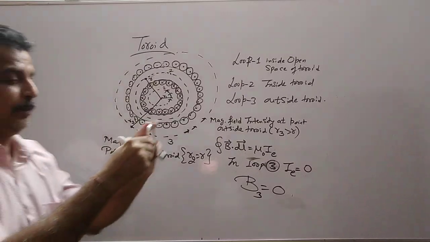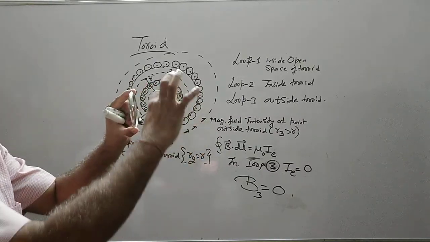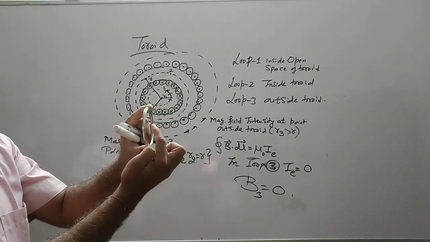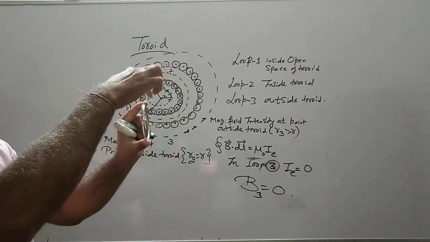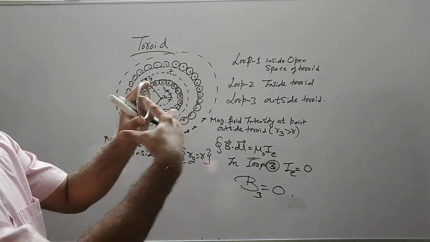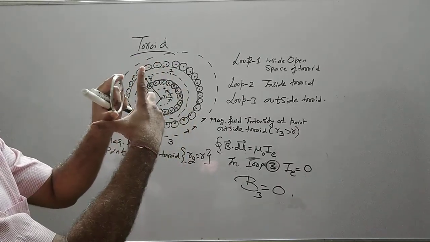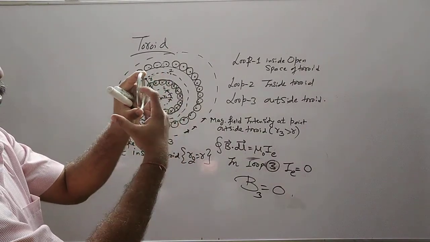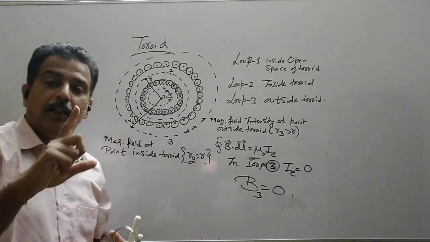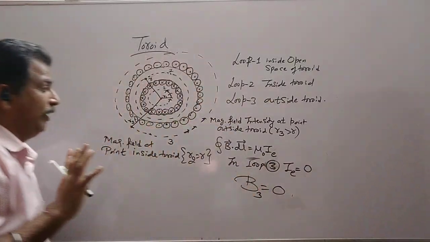So what have we considered? A point here. This is one ring, then another, next ring. Like this the toroid is formed. The point is here. Now what happened? Current coming out, going in. But my Amperian loop is of this much radius. Outside it was like this. The entire ring was inside the Amperian loop number 3. But for loop number 2, only this. So only one current is going in. It cut once only at loop number 2. So you have only one current.